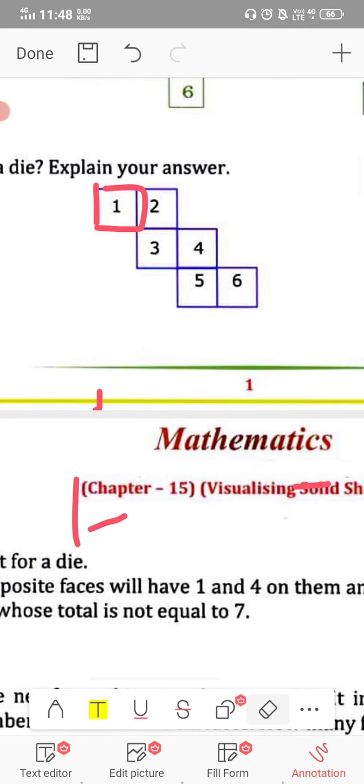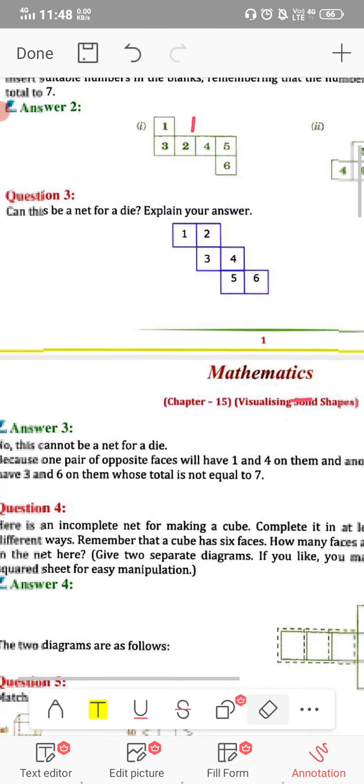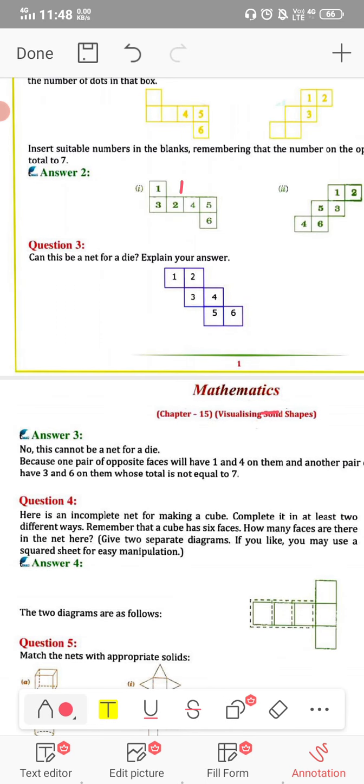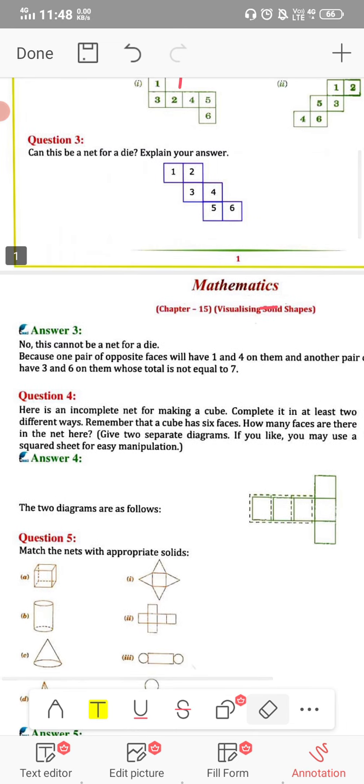So we can say that this is not a net of a cube because the opposite sides don't have the addition 7. See, one pair of opposite faces will have 1 and 4 on them and another pair will have 3 and 6 on them, whose total is not equal to 7, because their total is not equal to 7. That's why this is not a net of a cube. Next is